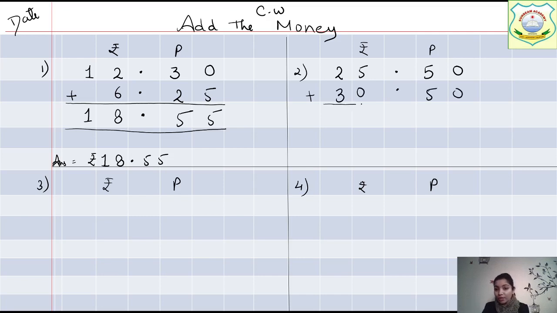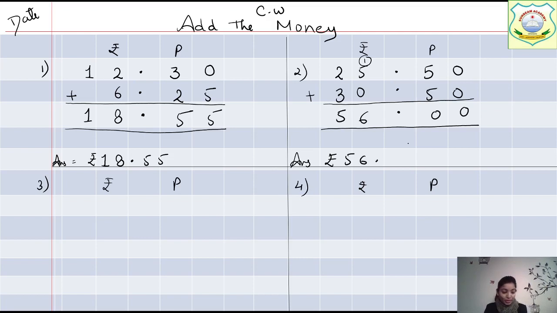Again we have to start from the paise side, from the right side. So in the right side what number is there? 0. 0 plus 0 is 0. 5 plus 5, 10. Then the carry we will bring over here. Now here the decimal will be in the straight line. Now 5 plus 1 is how much? 6. 3 plus 2, 5. So we got the answer rupees 56.00. Like this, 56 rupees we have got as the answer. So in this way you have to write it down. Next we have to do other questions.